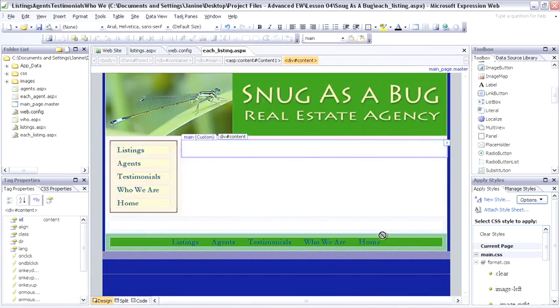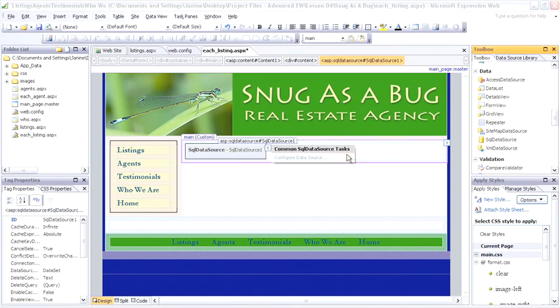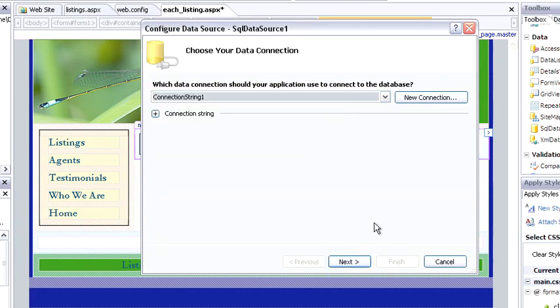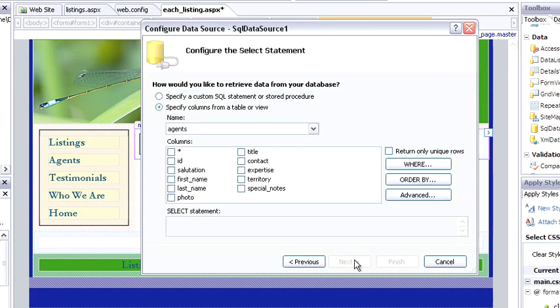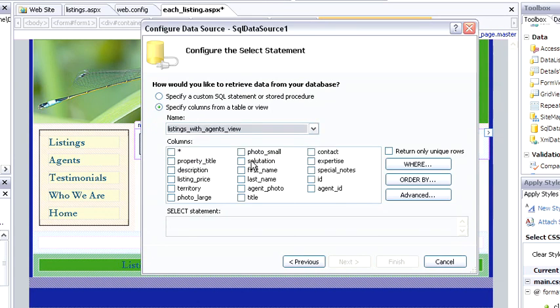Now we're ready to bring in our data source. So scroll down to data. This should be a nice quick review for you at this stage. Configure the data source. Once again, set the connection string to connection string 1. And this time, we want to choose the view Listings with Agents, because on these individual listing pages, I want to include the agent's name as well as the details about the